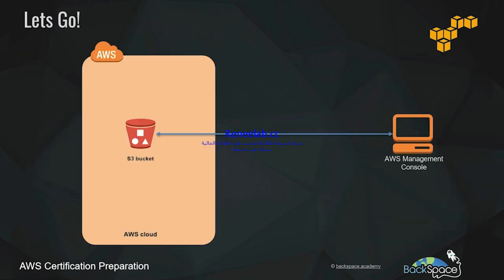Let's have a go at using the Amazon S3 service. So what we're going to do now is that we're going to use the AWS Management Console to connect into the AWS cloud. And then we're going to create an Amazon S3 bucket. We're going to upload files to that bucket, and then we're going to download files from that bucket. And then finally, we're going to empty and delete that bucket. Now there are lab notes for this lab and the further ones coming up. So make sure that you download the introduction to AWS lab notes that come with this course, and let's get